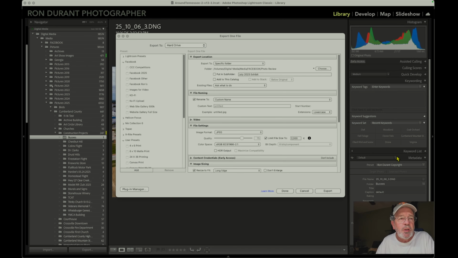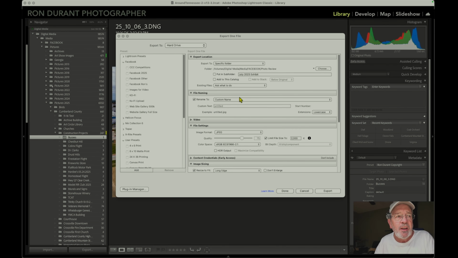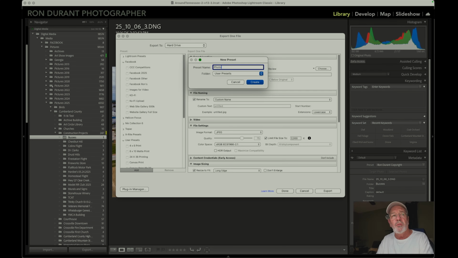Okay, once we have the preset options set up the way we want it, then what we want to do is save this as a preset, okay? And the way to do that is you go to the Add button, which is right here below the list of presets, and click on Add. And then you're going to give it a preset name. So we're going to call this Photo Review